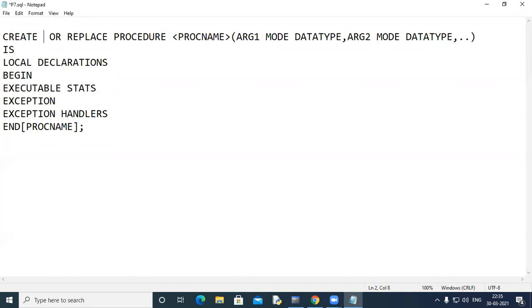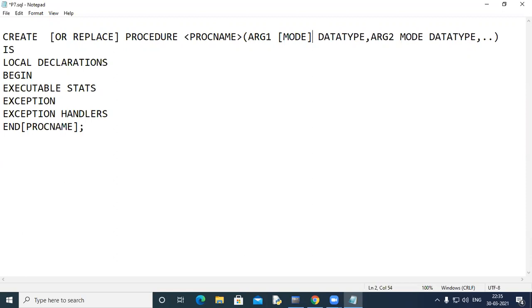Keep on writing like I am doing, so that you can understand it later on. This is the syntax.